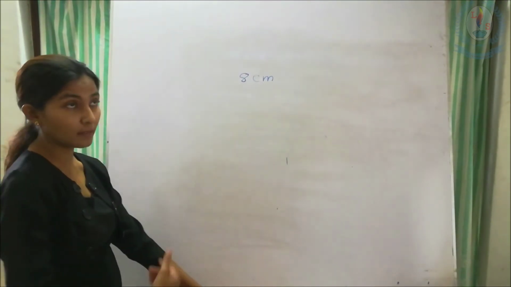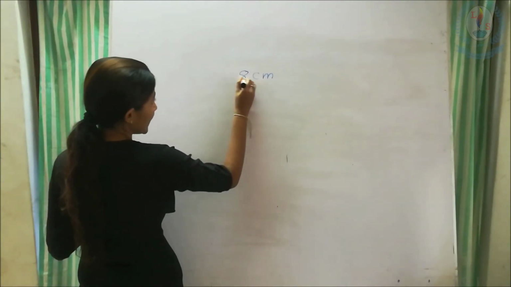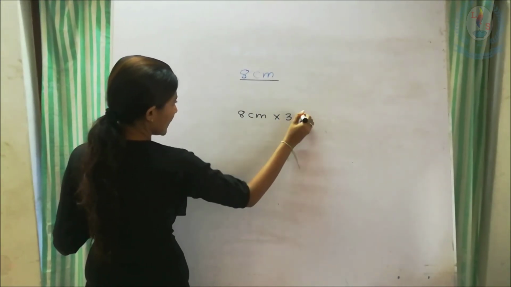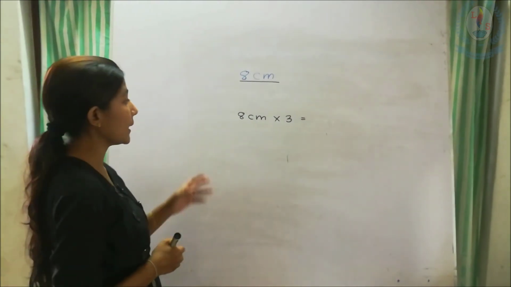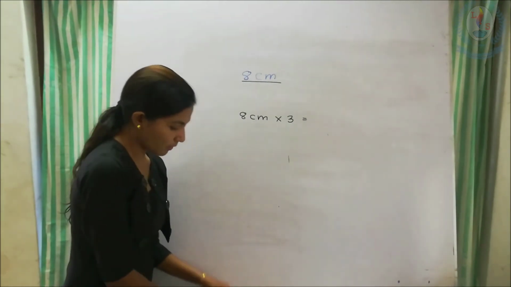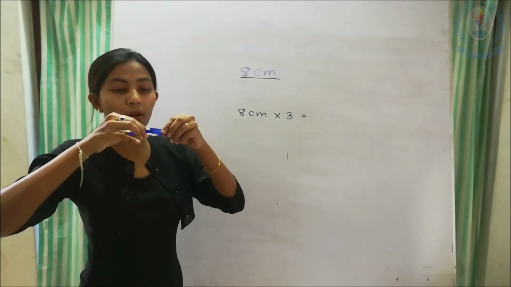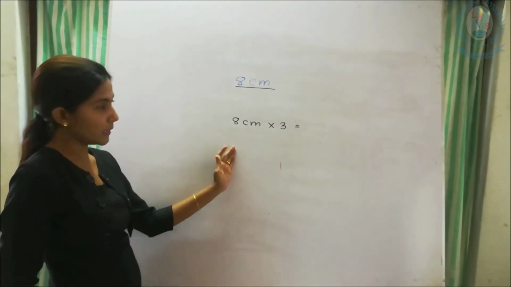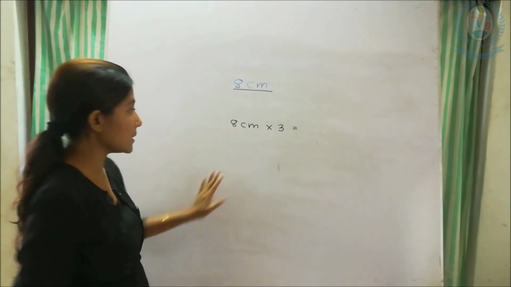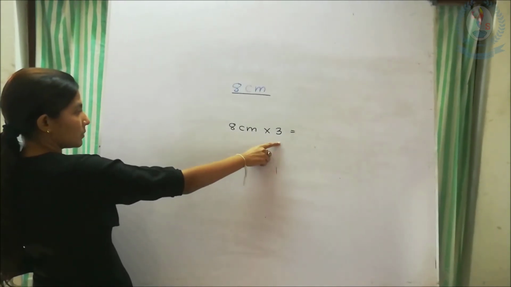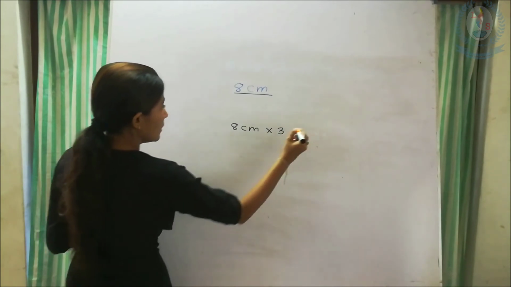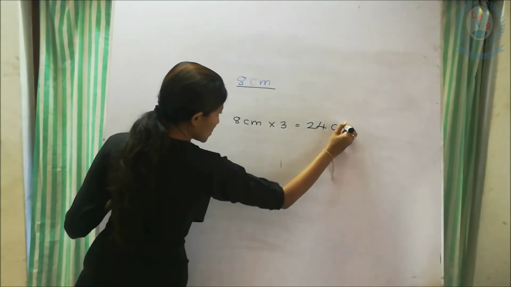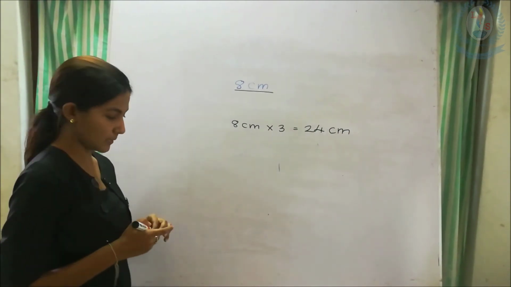So as you all have learned the 3 times table, what you can do is multiply this 8 centimeters by 3. Then it is easy to get the answer. How long when I join these 3 ribbons together? Then 3 times 8, or you have learnt 8 times 3. So the simple one is the 3 times table. So 3 times 8 is 24. So you have one ribbon in centimeters, then you give this answer also in centimeters.